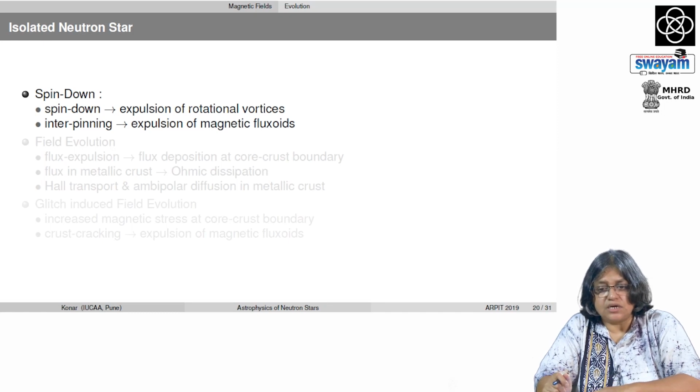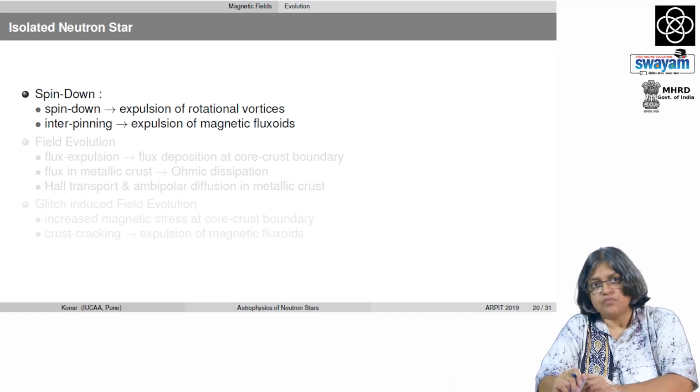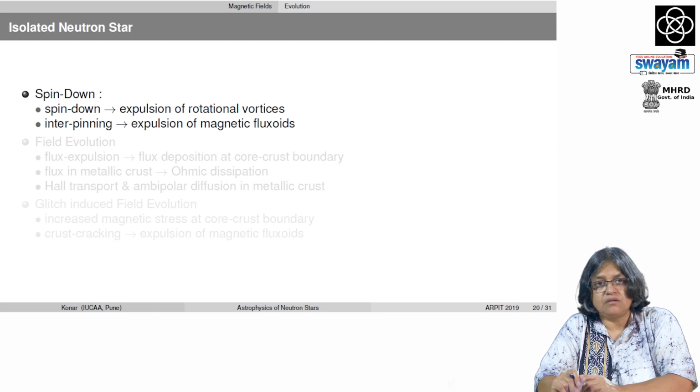For isolated neutron star, even if the conductivity is lowered by having a large amount of impurity and therefore, having a shorter dissipation time scale, if the magnetic field is residing in the core, there cannot be any evolution of the magnetic field. Now, we know that isolated neutron stars, because of its radiation, undergoes spin down. So, the spin down of a neutron star